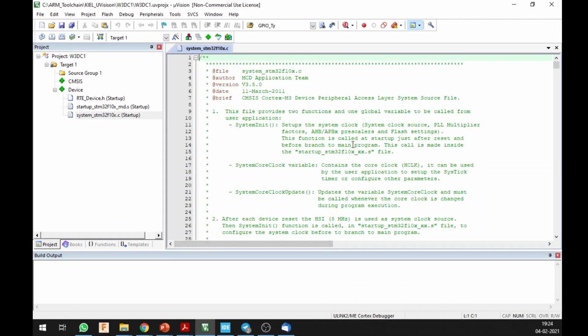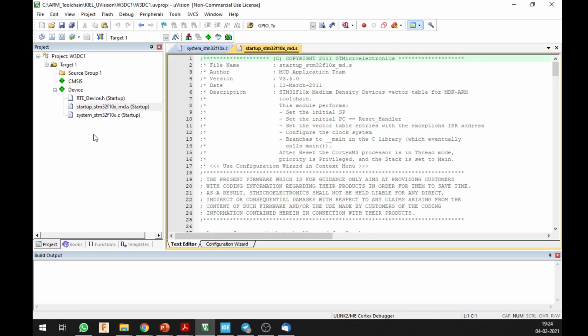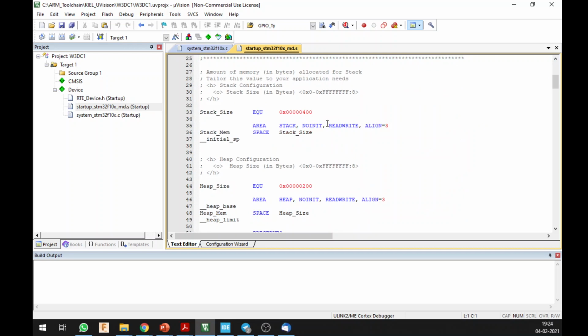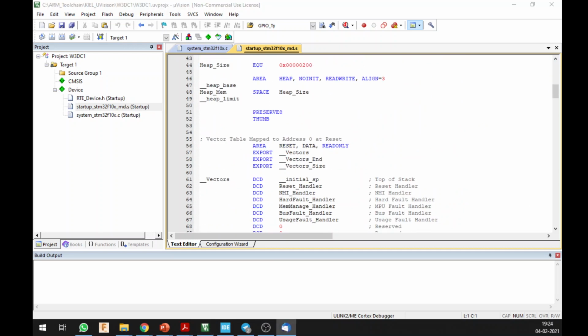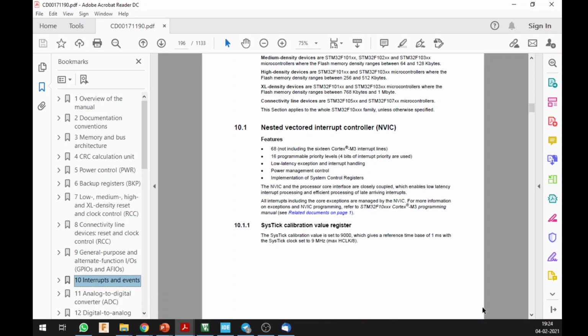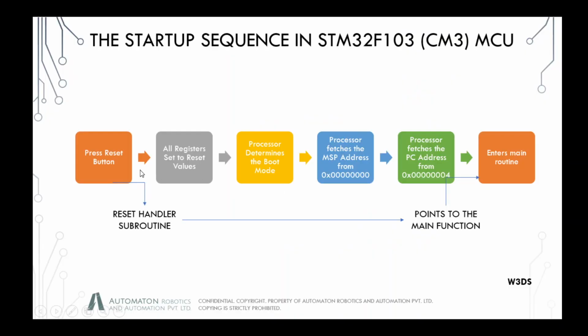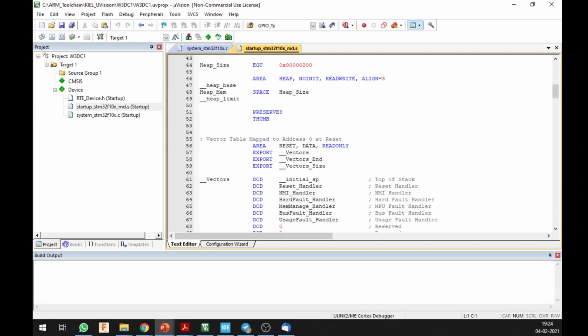So once I click on the startup, which is system, these are basically two files. You have a main system file and then you have a startup file. So this is what the entry point is going to be. I did mention that what the program does is pull the location of your stack pointer from the memory. In my presentation I mentioned that the program is going to fetch the main stack pointer address from location 0, and then it is going to pull the address of the main routine, which is basically the piece of code which you wrote in your main program. Routine over here is synonymous with program. In your main program you wrote a piece of code, and that is what it is going to fetch.